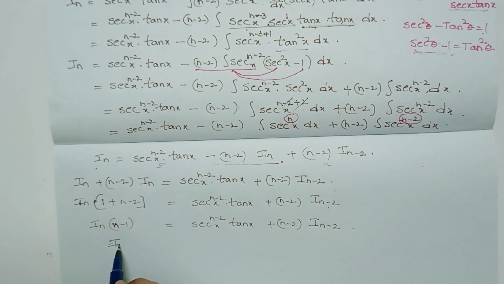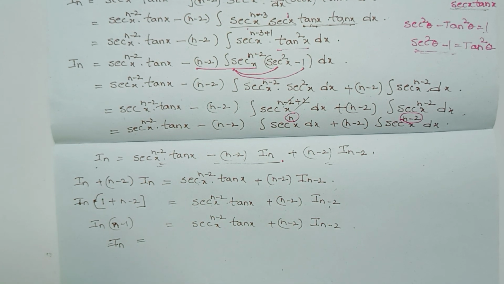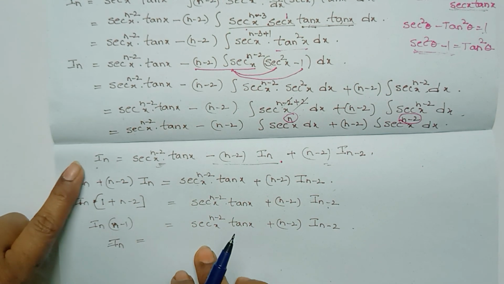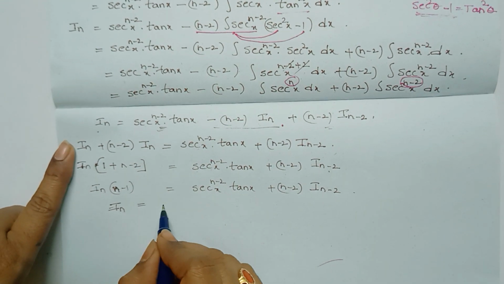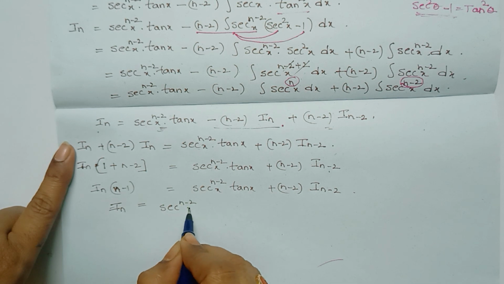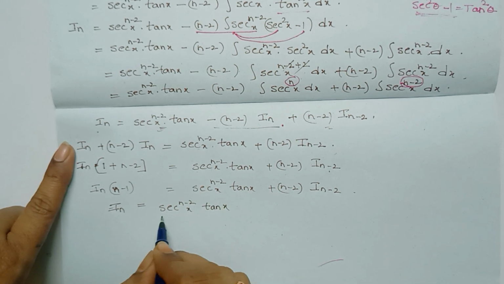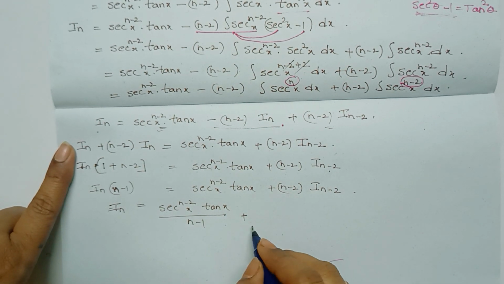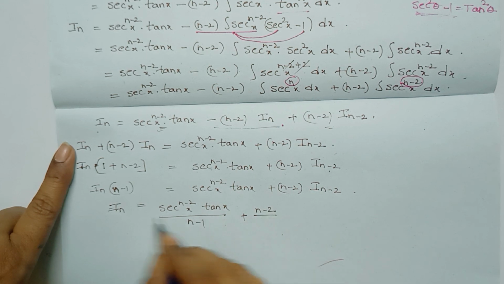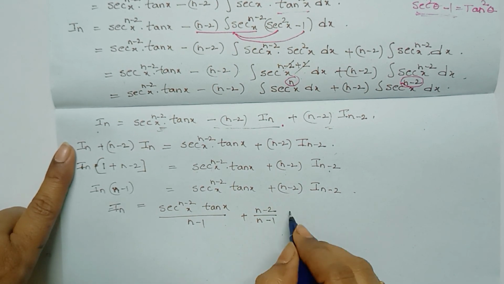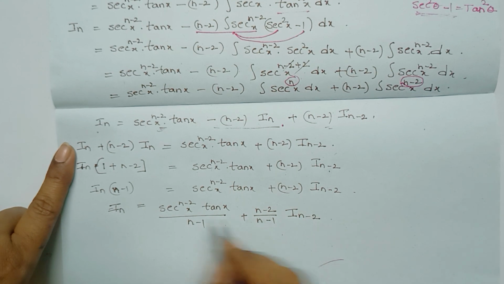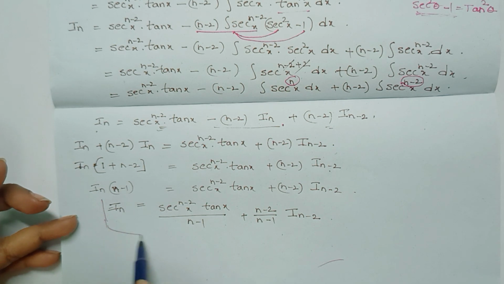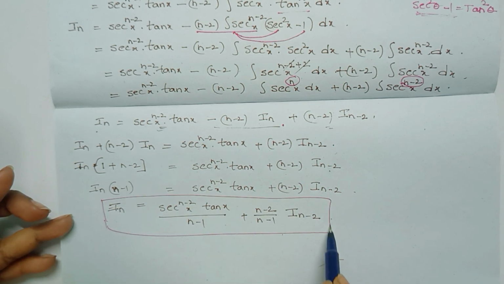We have just In only, మనం ప్రూవ్ చేయాల్సింది In కదా. So this n minus 1 ని ట్రాన్స్ఫర్ చేస్తే ఆ సైడ్ డివిజన్లోకి వెళ్ళిపోతుంది. That is secant power n minus 2x into tan x by n minus 1 plus, ఆల్రెడీ n minus 2 ఉంది, into n minus 1 ఇటు తీసుకొస్తే division by n minus 1 into In minus 2. Hence proved. ఆల్రెడీ ప్రూవ్ అయిపోయింది. క్వశ్చన్లో ఇంకేం అడిగారు, hence deduce that